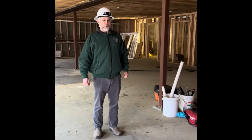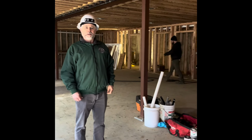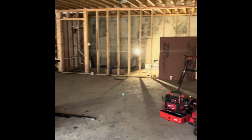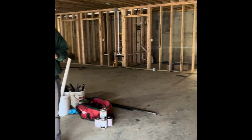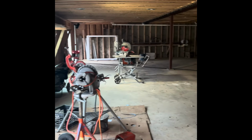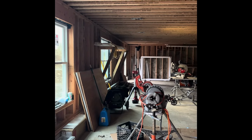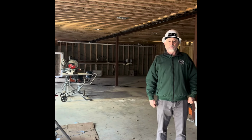Okay, so we're now in the lower level of the community center. The lower level was designed to be one large meeting space. The majority of the building is open with just 2 lolly columns. And this will be fully drywalled, fully insulated, fully heated and cooled. So it will be one large open space, and we haven't made final decisions on what usage will